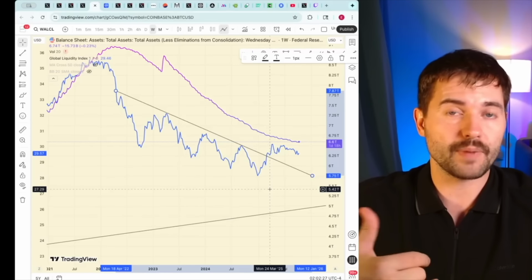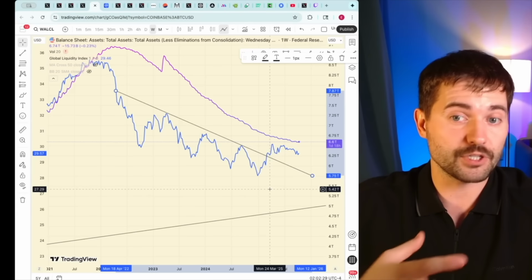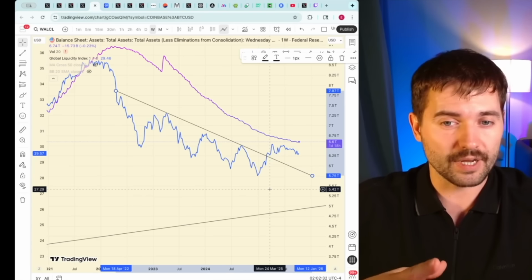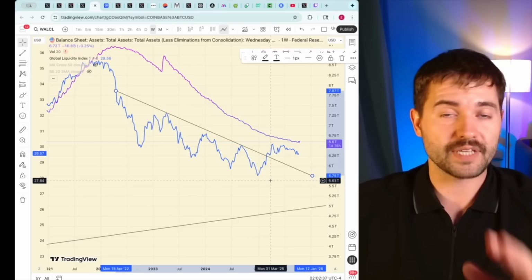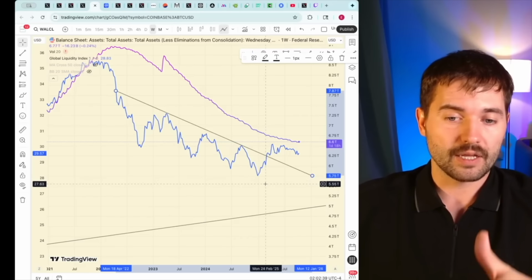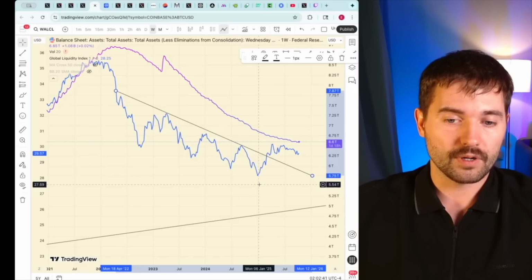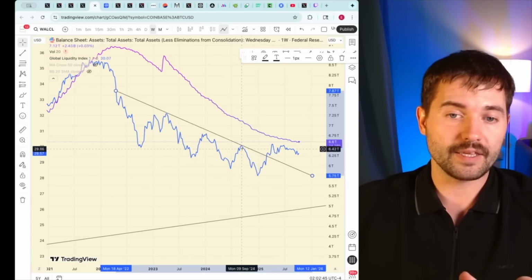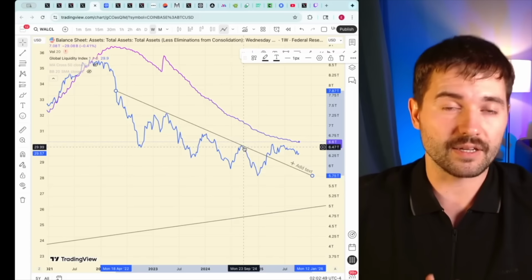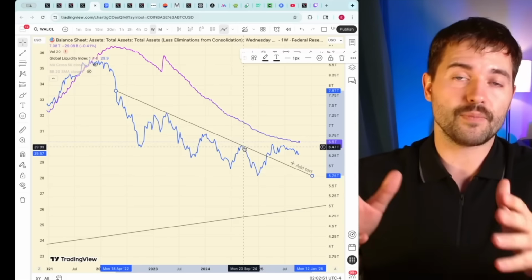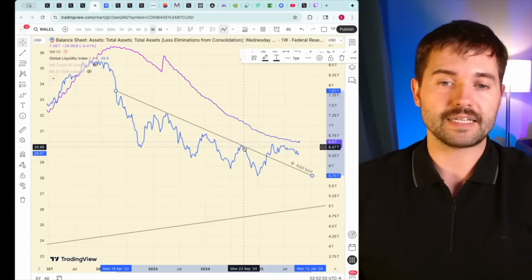It might be the European bank, it might be the Bank of China, it might be Japan. I don't think it was the US, although the US did cut the rate. The first interest rate cut was in September 2024, which happened 9 months before this. Right here, that was the cut in the US of interest rates. And when interest rates are cut, it takes time for the money to flow into the economy, into the speculative assets, into the risky assets.